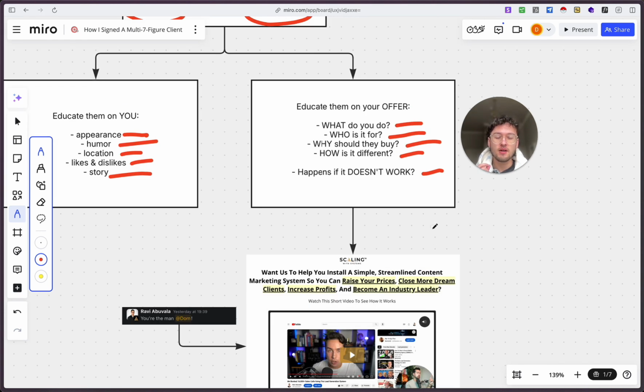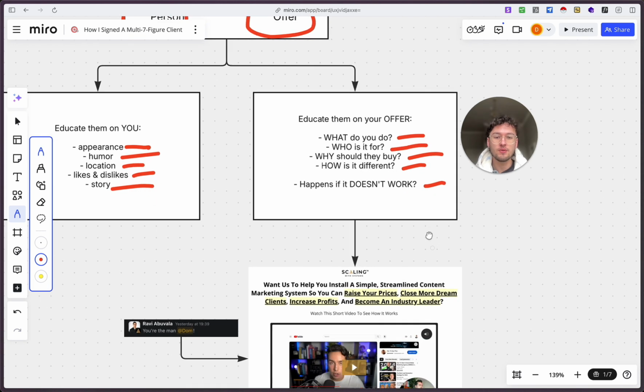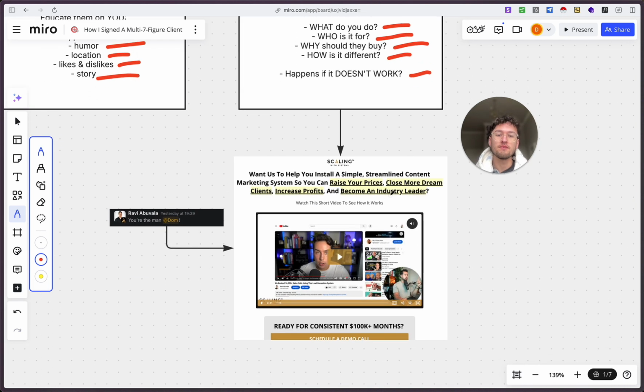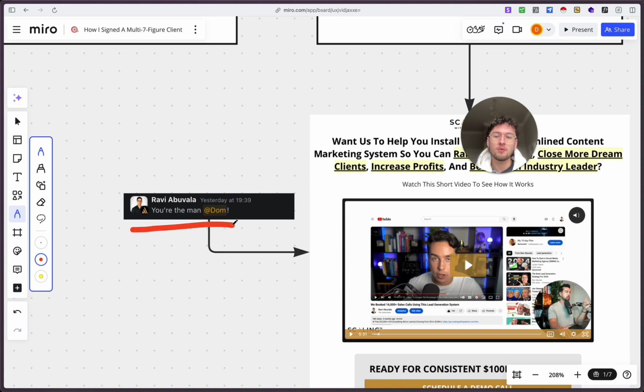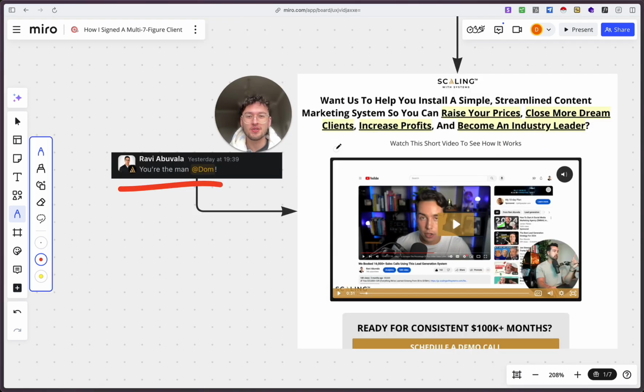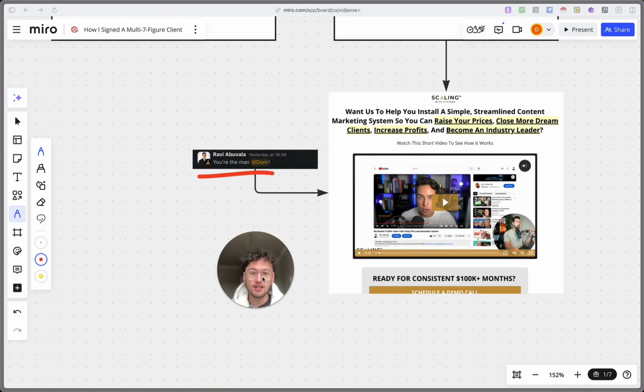Now, the best way to articulate this is with a link in your description leading them to a conversion optimized sales page. Now, the easiest way to educate people and sell them on yourself at the same time is using something like a VSL, which is what Ravi Abuvala has done here, who I'm currently working with to actually help build out some ads for him. So I thought I'd chuck that in there just as a bit of social proof. And it's also the reason that I use his funnel in almost every video. So I've made other videos specifically about how I would design a landing page or a funnel, so I won't go into detail on that here.